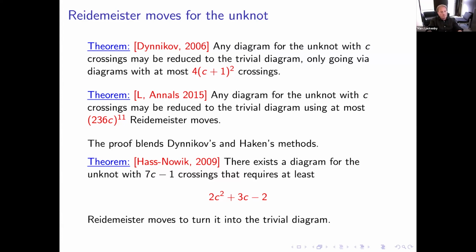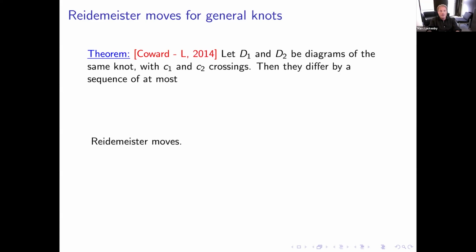So we still don't know that, but still, nonetheless, we have a good estimate now for the number of Reidemeister moves for the unknot. What about general knots? Well, here things start getting pretty bad pretty quickly. And here's the following kind of remarkable, even slightly comic theorem that gives the best known upper bound on Reidemeister moves